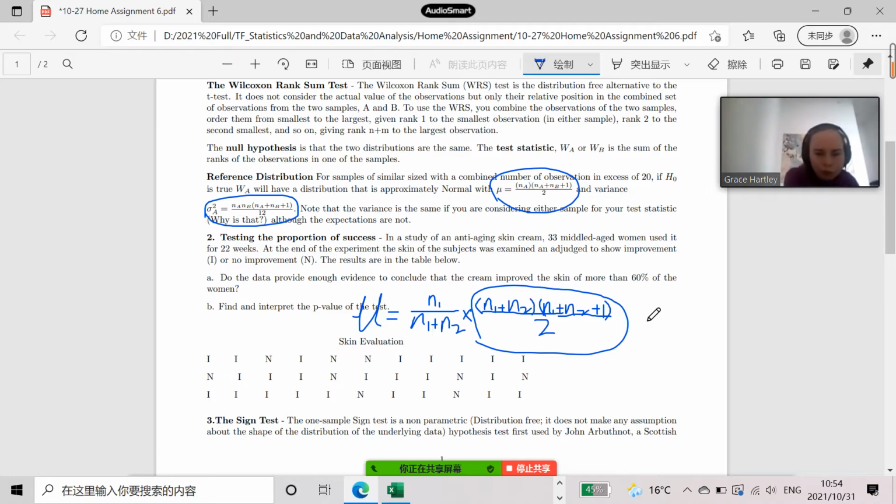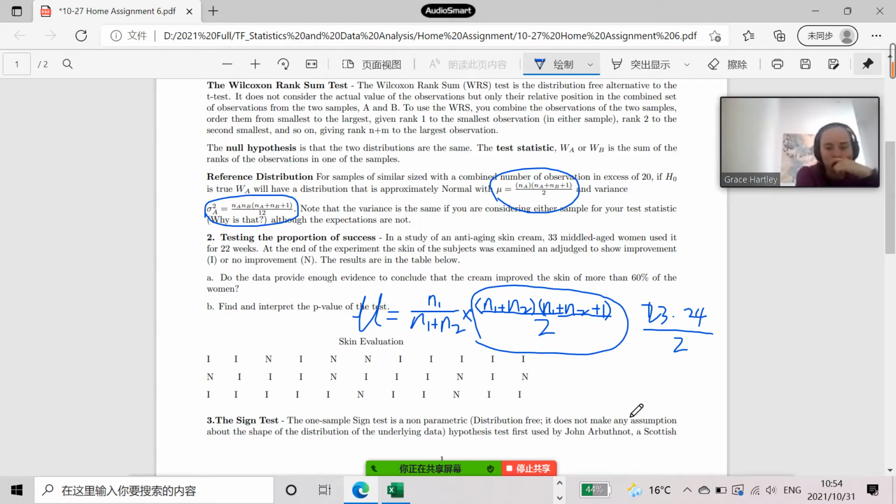If N1 is 11 or 12, and N2 is 12 or 11, then on the right side it is 23 times 24 divided by 2. That's the sum of all ranks. If you add up from 1, 2, 3, 4 all the way to 23,